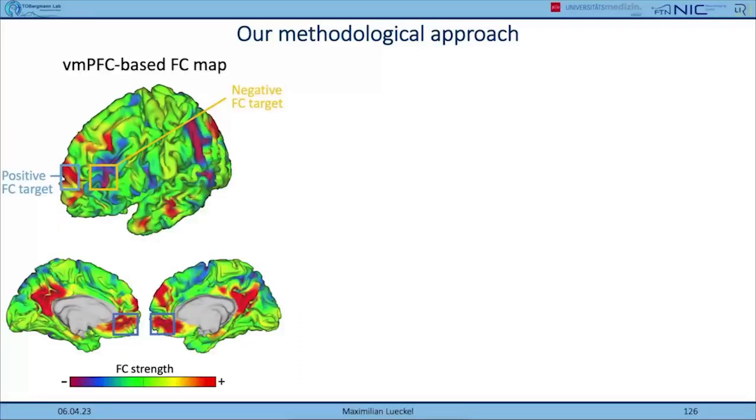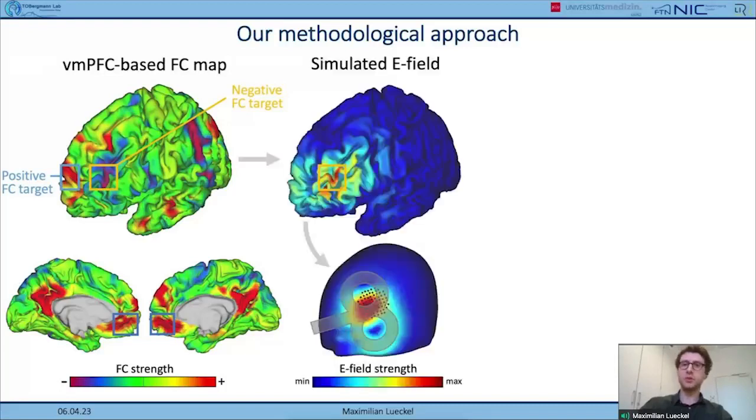Next slide, please. We then identify the largest clusters of negative and positive functional connectivity within the left dorsolateral and dorsomedial prefrontal cortex as our stimulation targets of interest. Next slide, please. And then centered around these clusters, we define a grid of many different coil positions and orientations,